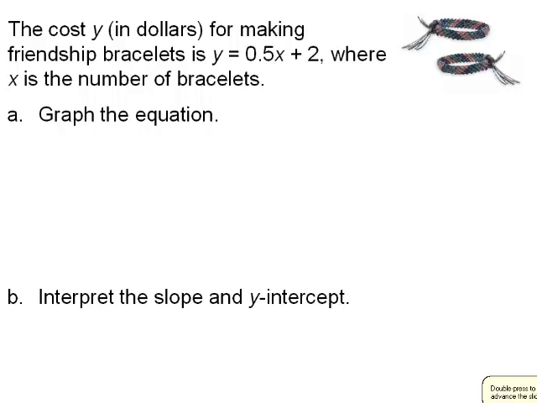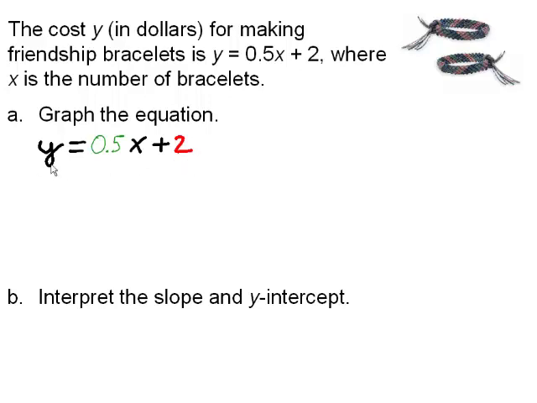The cost y in dollars for making friendship bracelets is y equals 5/10 x plus 2, where x is the number of bracelets. Part A. Graph the equation. First of all, notice that the equation y equals 5/10 x plus 2 is in slope-intercept form